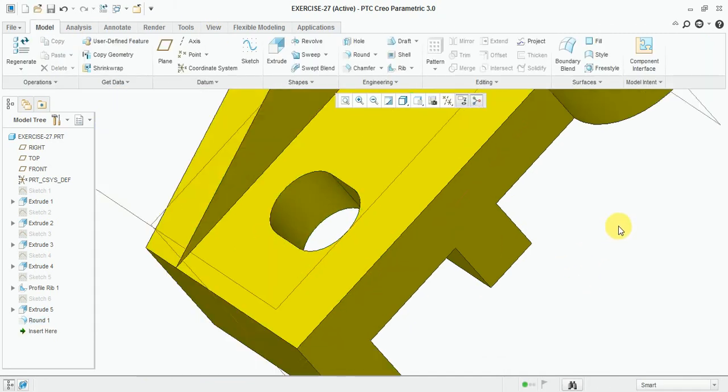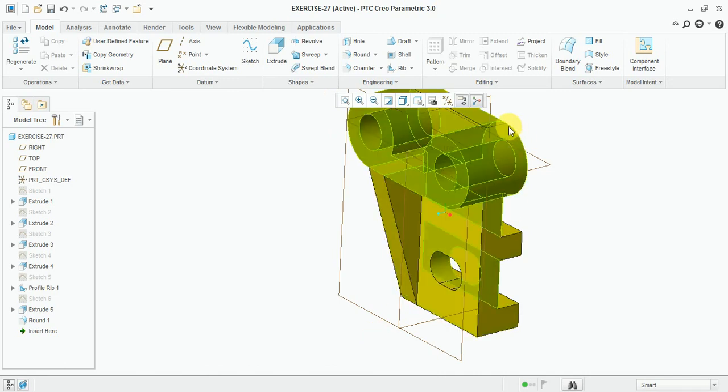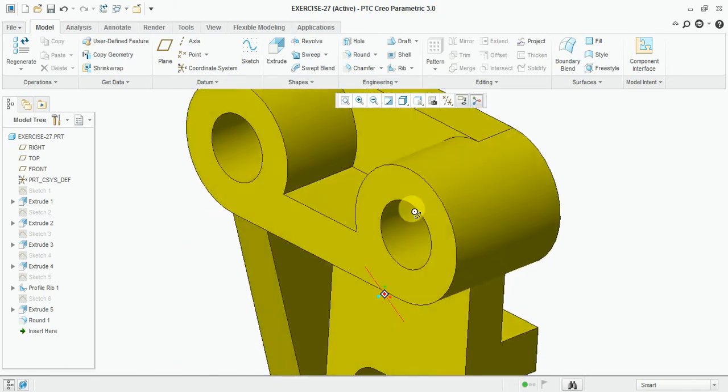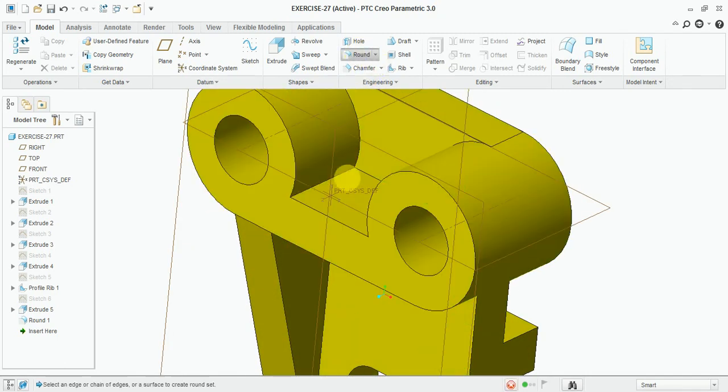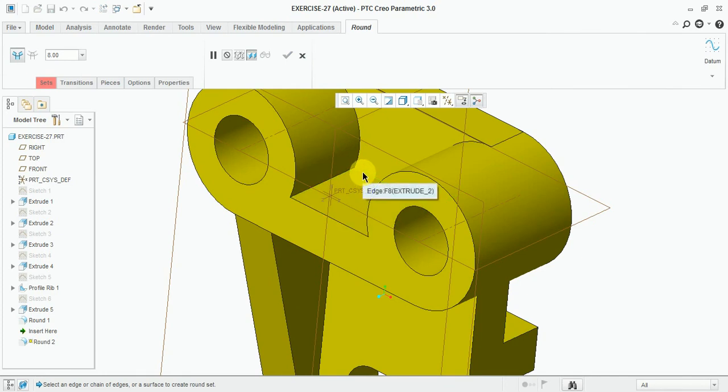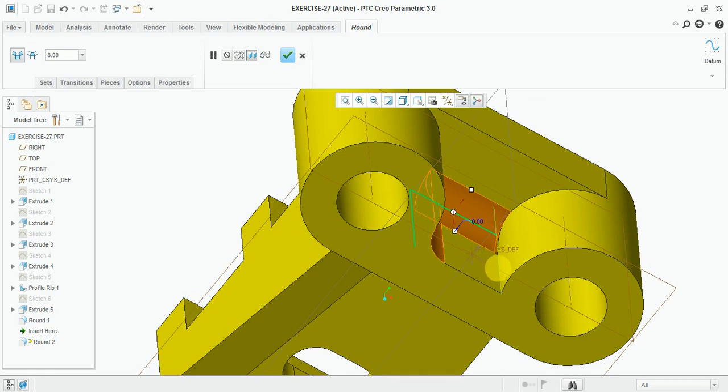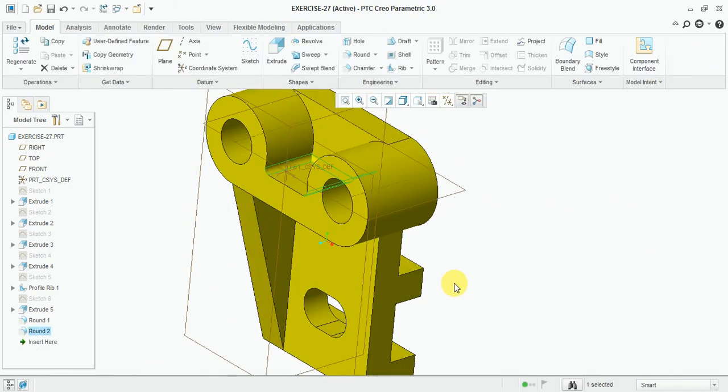Okay, now a little radius is provided at the top edge corner. Enter 2 mm. Okay, now our exercise is done.